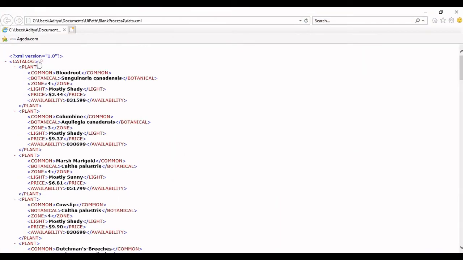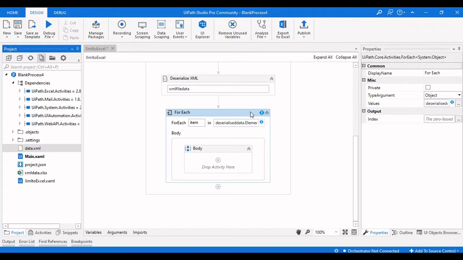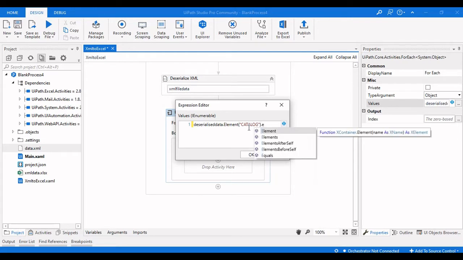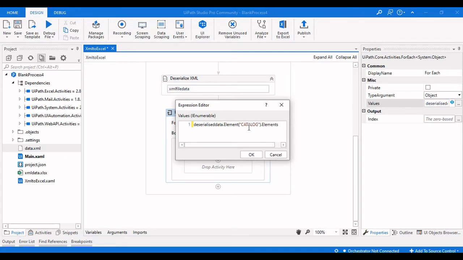Here catalog is our root element and plant is the child element, so we will take that as element. The main root element is catalog, and the child element is plant.